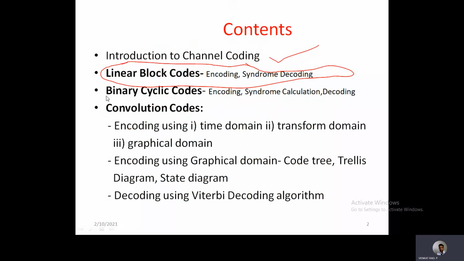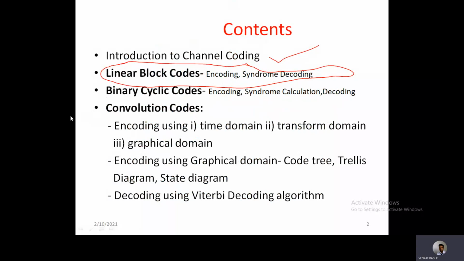Of course, linear block codes and cyclic codes both come under the same category. That means cyclic codes are a subclass of block codes, and then convolution codes are a different one. But in this particular lecture session, I will discuss what a channel coding method is, and out of these types, I will completely discuss linear block codes. How can we encode by using these codes, that is the encoding method, and how to decode by using syndrome decoding. So I will explain both encoding and decoding procedures along with a number of examples.